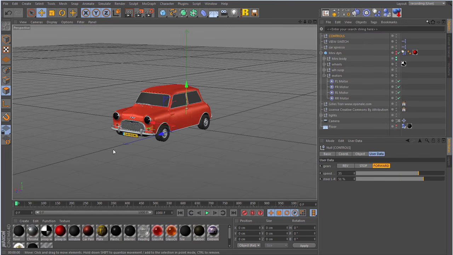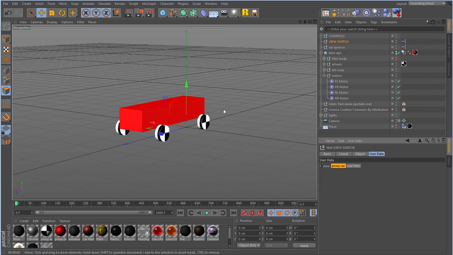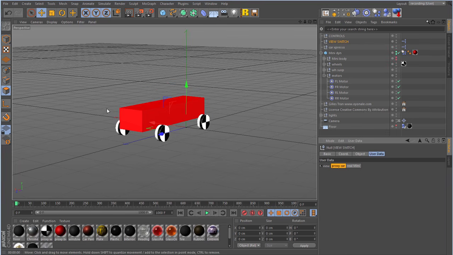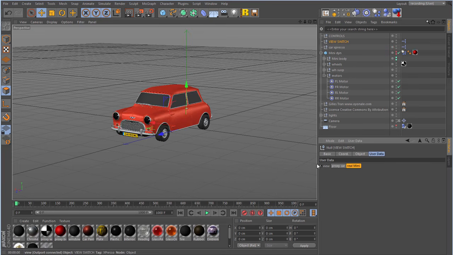Okay, now for the correct way to rig this Mini with dynamics. You see, underneath the car that we're looking at, there's another car that's just made out of primitives. This is just a cube and some cylinders. Now this is where you're going to hang all the dynamic stuff like rigid body tags, wheel suspension, motors, etc. This is going to be the dynamic car that drives around the scene, and all the high polygon stuff just comes along for the ride. And because this is just made out of primitives, this dynamic car can drive around the scene as fast as you want, and it's not going to be encumbered by the polygons in the high poly model, because these don't take part at all in the dynamics.